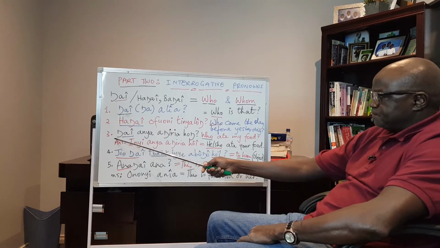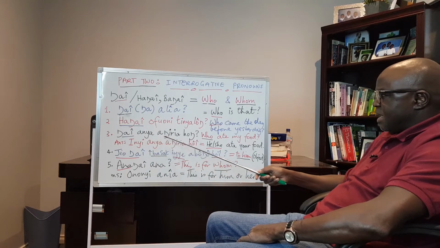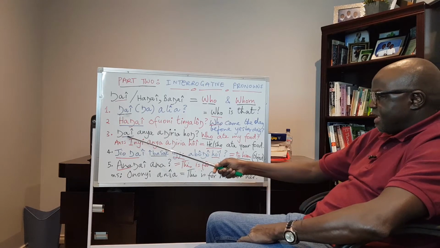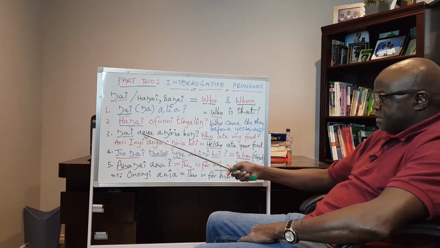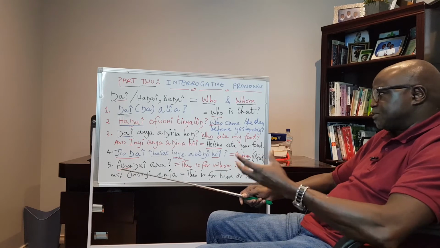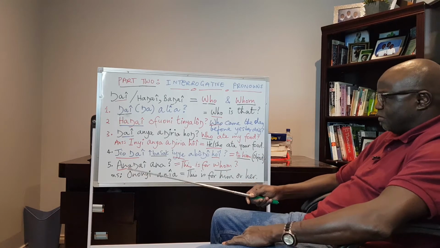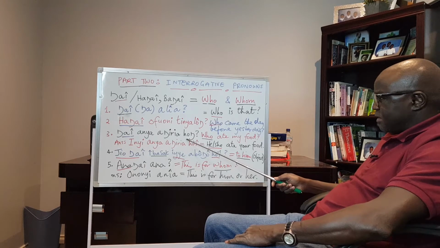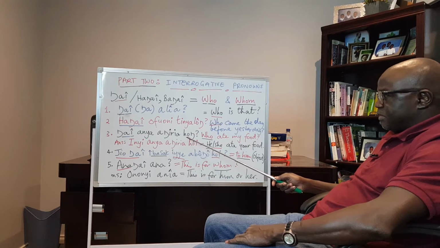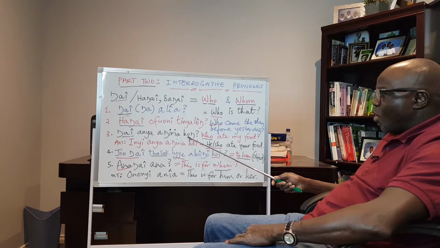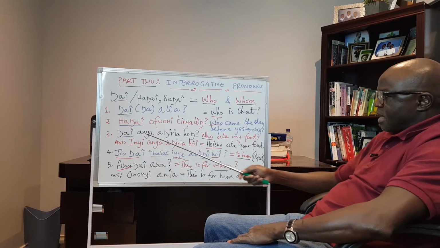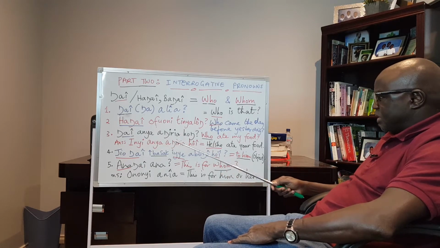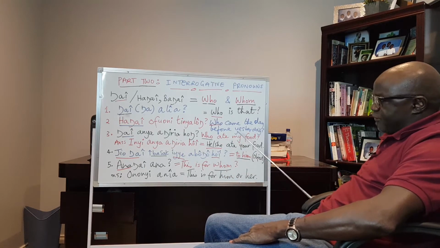In the third example, Haŋaî anya angiria hong. Angiria is food. Anya here is the past tense of the verb to eat, which is angio in Otuho language. Hong here is the possessive pronoun, which I discussed last time. This is hong, which means mine. The translation in English, because it's already past tense, is who ate my food.